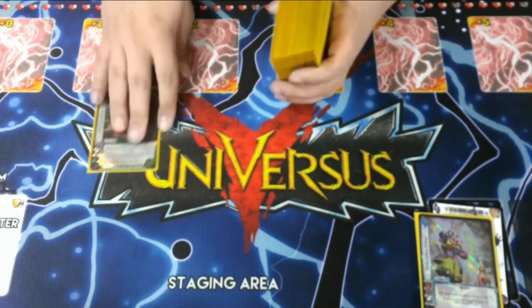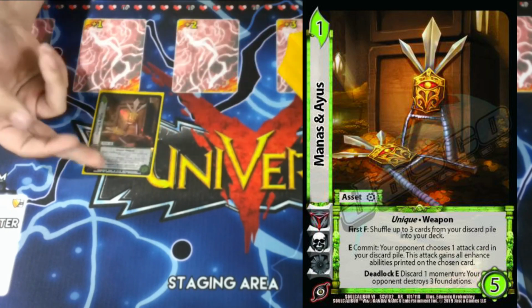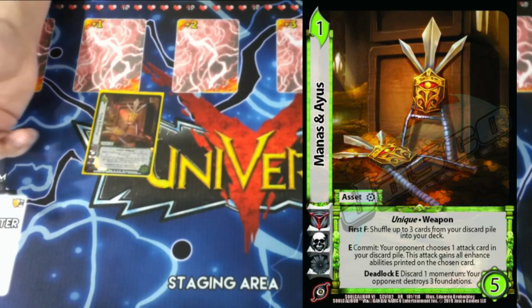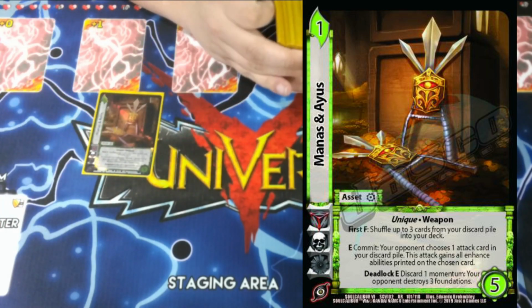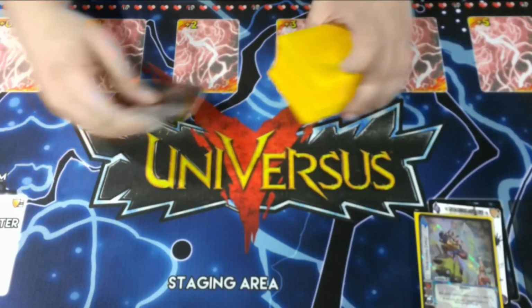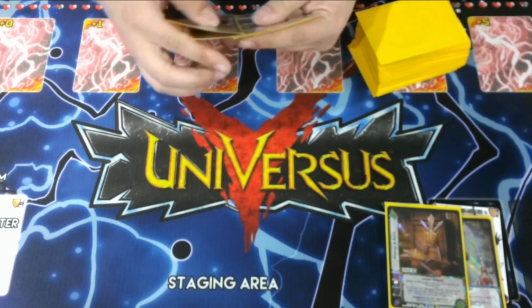We're playing 1 Mangy Ninjitsu. First form, you get to shuffle up to 3 cards from your discard pile into your deck. Very important. And then E, commit. Your opponent chooses 1 attack in your discard pile. Your attack gains all the enhanced abilities printed on the chosen card. Pretty good as well. The reason it's important is all the checking and the adding cards back to our deck,